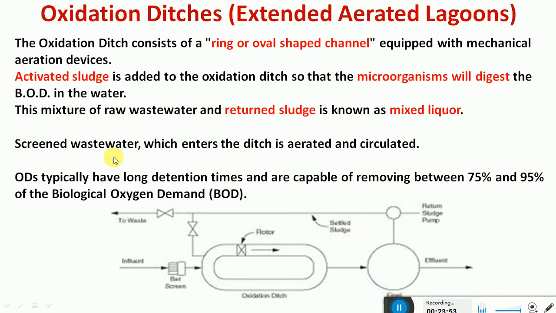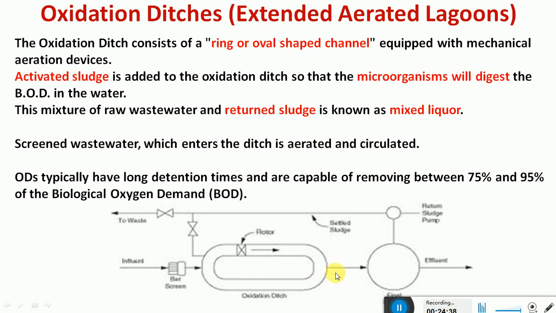Here it consists of a setup as shown in the figure. This is the unit which contains the bar screen, and from this the wastewater enters. This is called the inlet, and this is the oxidation ditch. As you can see, the length of the travel is relatively large. This is because the oxygen should come in good contact with all the water for the treatment to take place effectively. It consists of a rotor which will be moving, and we supply oxygen to this oxidation ditch.